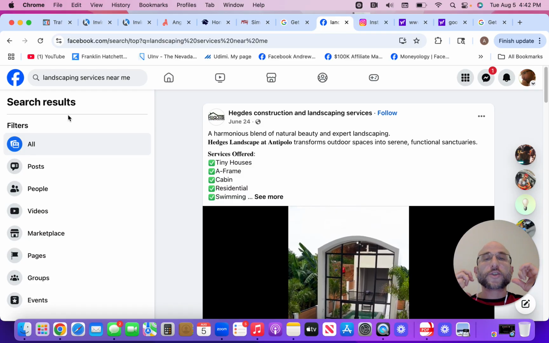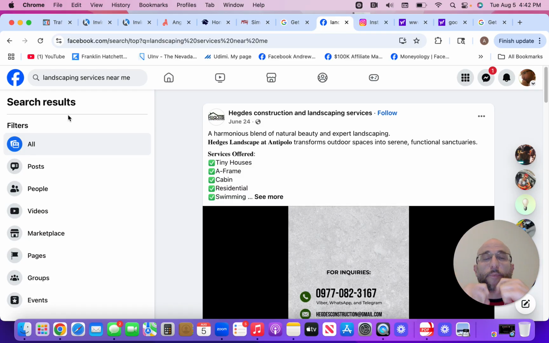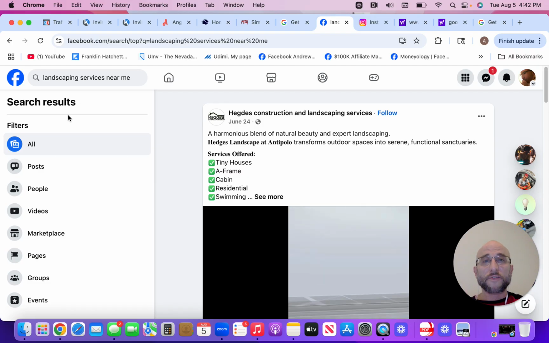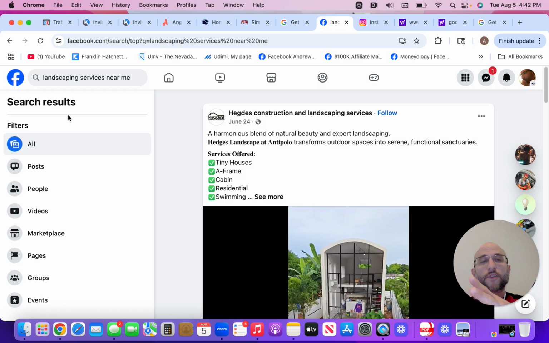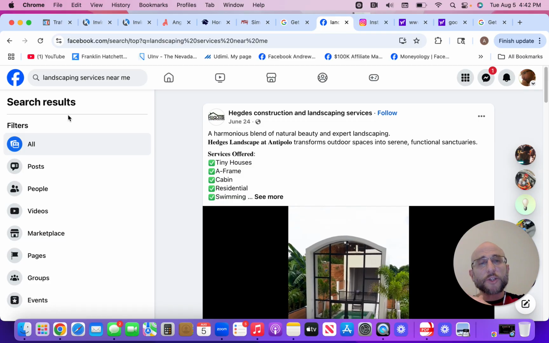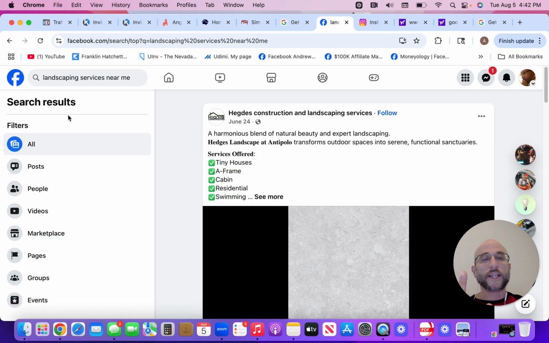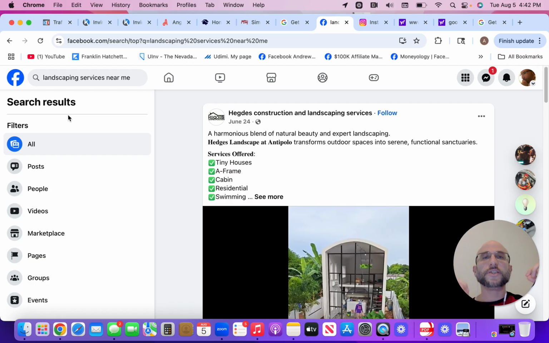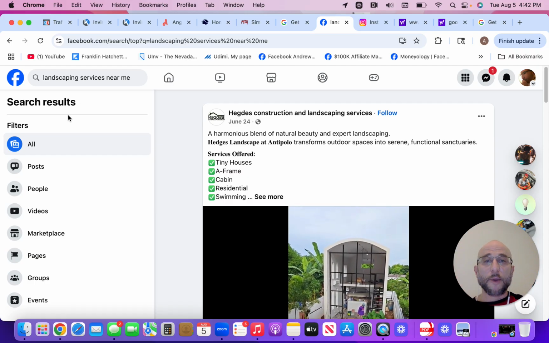Because you want to make sure you know exactly where you're going to be. You also have to know exactly who the people are that you're serving and exactly how to service them. For example, if they're smaller properties, maybe you might not necessarily charge as much money as you would for someone that lives in a bigger property, or depending on the detail work, whatever the case might very well be. But when you understand your target audience, where they're located and what their needs are, it puts you in a better position to service them properly.